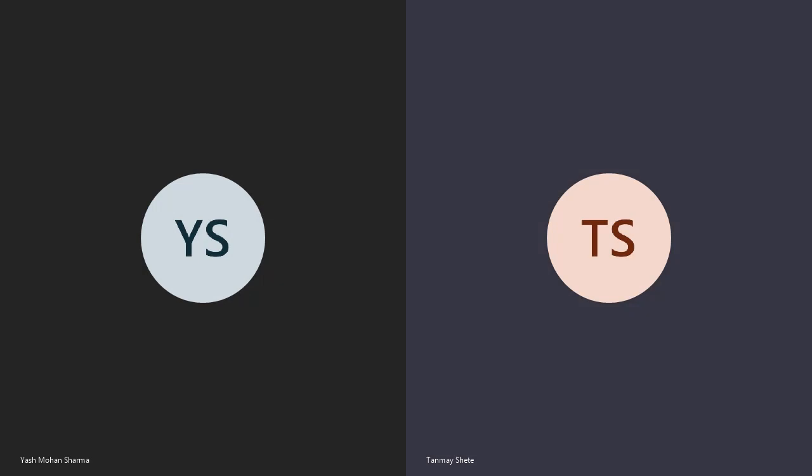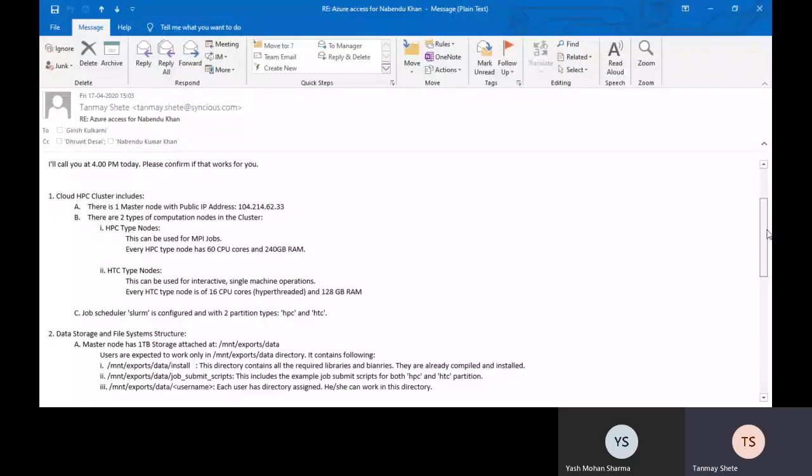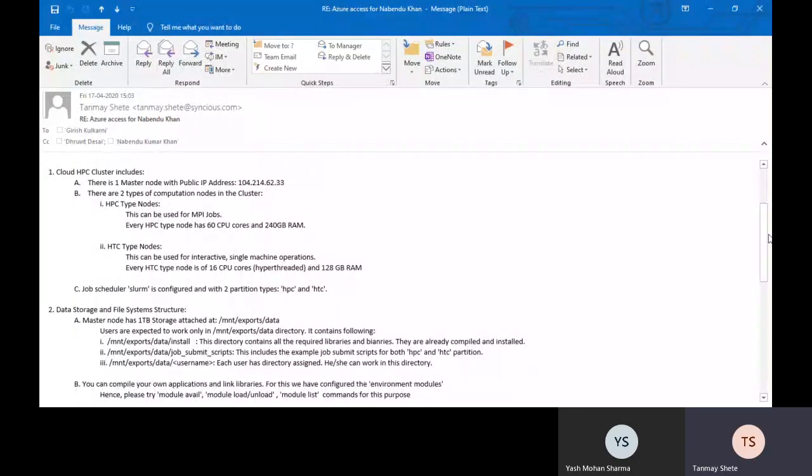I shared my screen, and one of the emails that I sent, can you see the email? I got one email in which you have attached the SSH key. Right, exactly. So just download it and keep it, and then we will see how to use that.